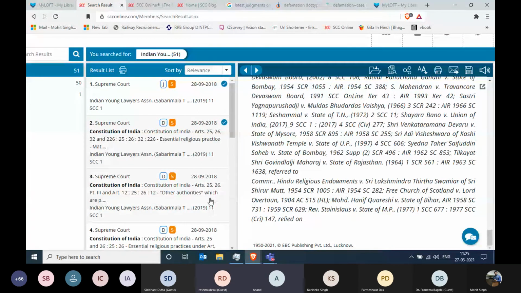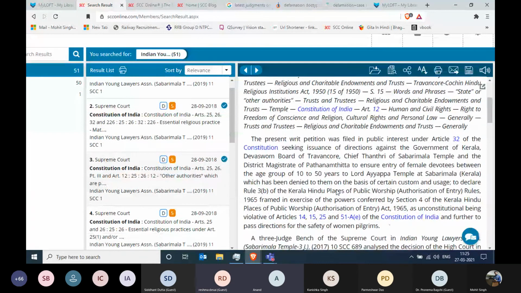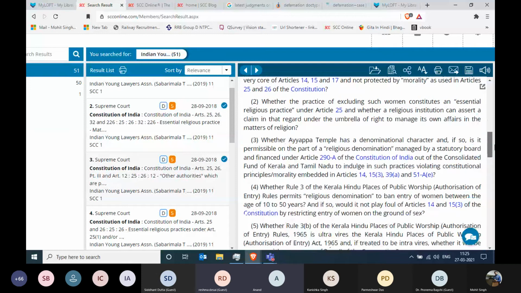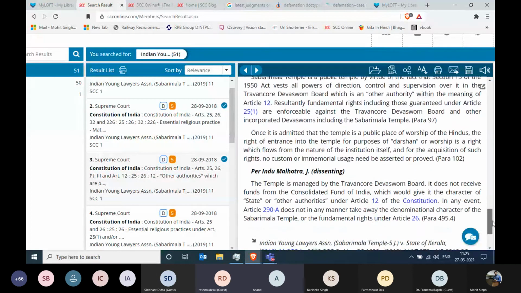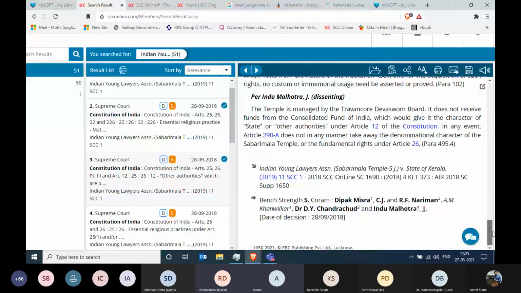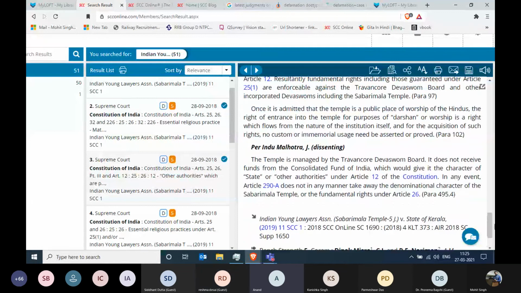Okay. And will it have reference also to other sources of law, other than precedent or other cases that it has referred to? No, ma'am, that would not be possible right now. Yes, ma'am.